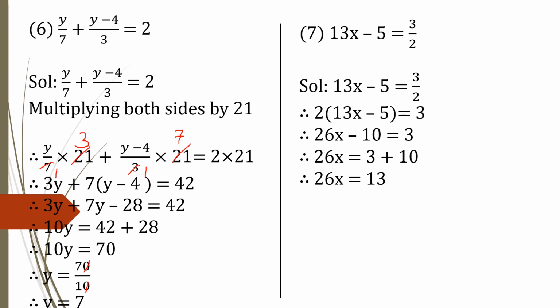So equal to 13. Now we'll find the value for x. Therefore x equal to 13 upon 26. Now both these terms can be reduced further. So it will go in 13's table. 13 ones are 13 and 13 twos are 26. So we'll reduce it. So you got the value for x equal to 1 upon 2. So you got the value of the variable, that is x equal to 1 upon 2. I hope you are getting the sums.